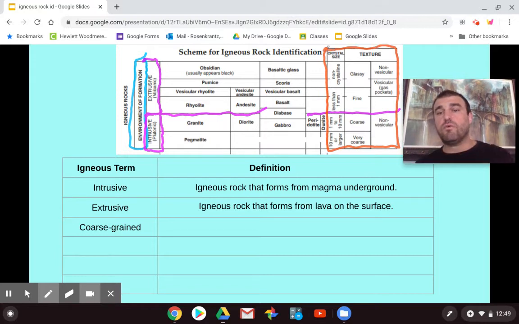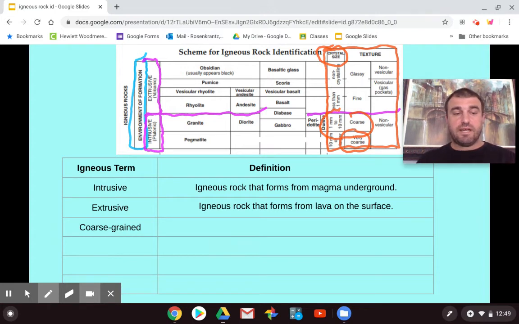This box is going over the texture of the rock. Usually when you hear the word texture, you think of smooth or rough. But for rocks, we're really talking about the size of the crystals. See, it says crystal size. If the crystals are large, we say they're coarse. If they're extremely large, then we say very coarse. So a coarse-grained rock,